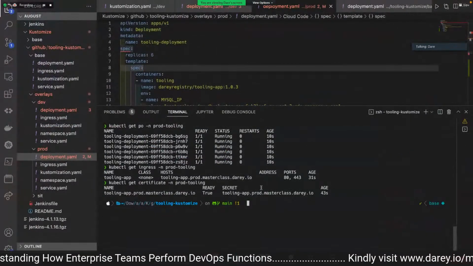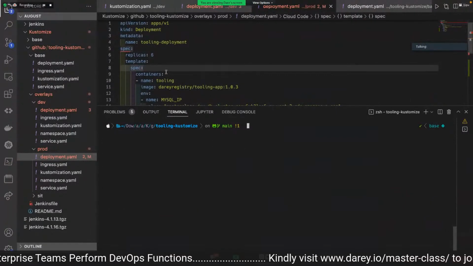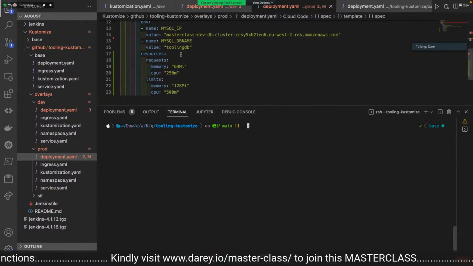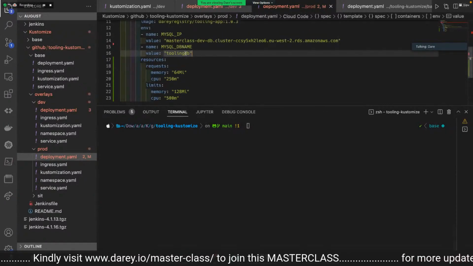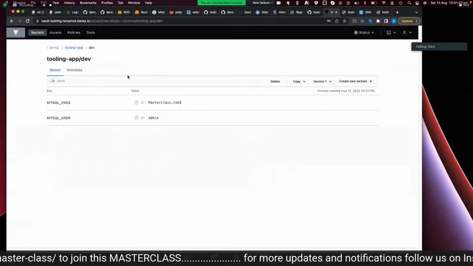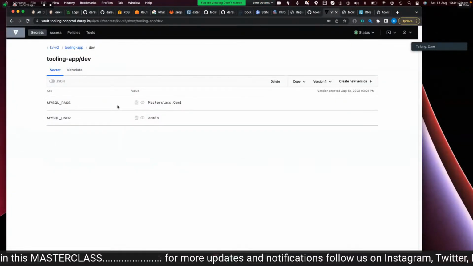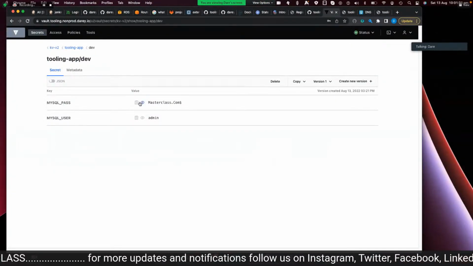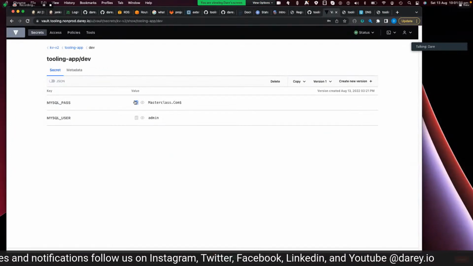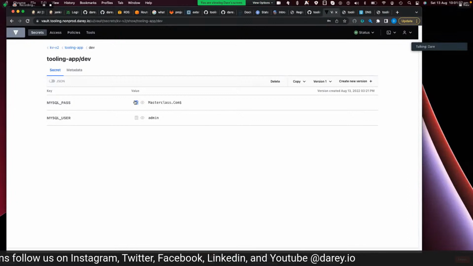And then let's now continue working on making sure that our prod environment does not have hard-coded secrets there. So we already have the secrets configured in Vault. Okay, so username and password in Vault. But one thing you need to bear in mind is there was a configuration that I have done that connects Kubernetes and